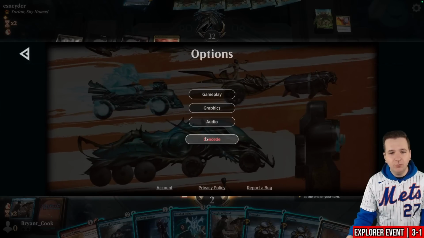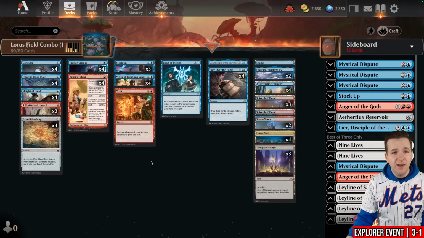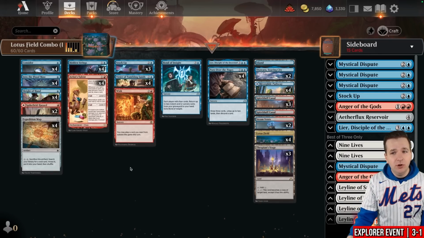Okay, so we went 3 and 2 in this Explorer event. Womp womp. Going back to the deck list. This is what I played today. Honestly, I don't know if I would change anything. I think the biggest issue was me. One thing that you could argue is